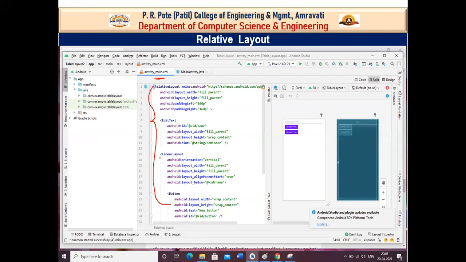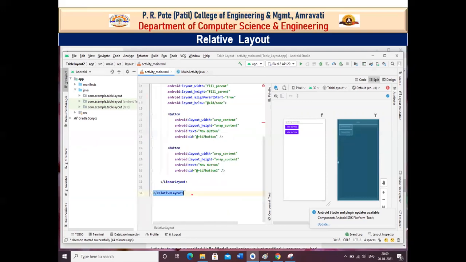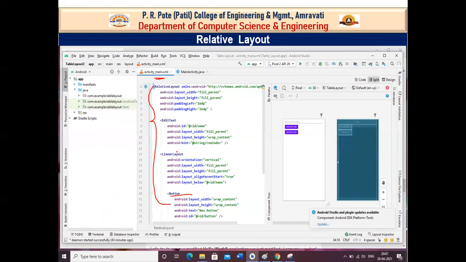So here in this relative layout, we have two buttons, button 1 and button 2 in a linear layout, along with the edit text. All these are linked with one another, making all the views or layout relative in nature.